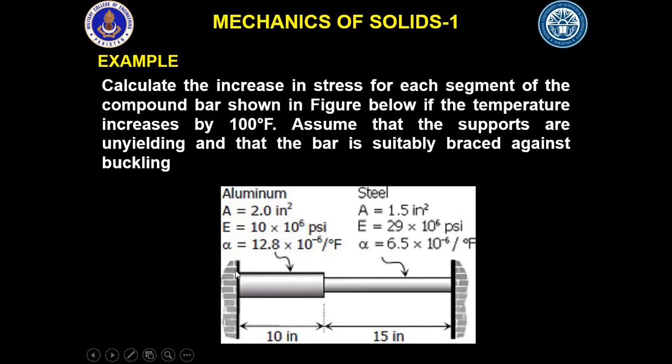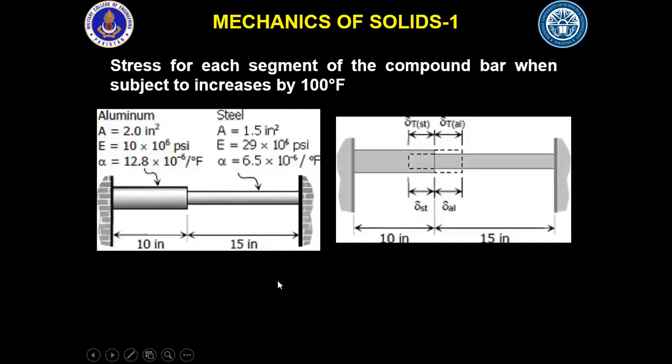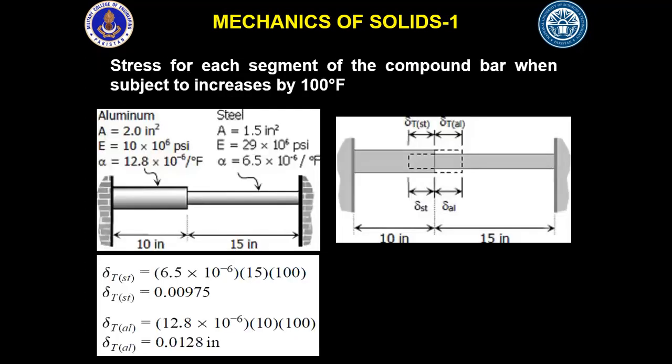We just don't want to consider whether these supports would yield or not. We also don't want to discuss whether, if they are not yielding, this rod might probably buckle. So we are not considering that either. We are just wanting to know how much stress is going to be induced on both these sides. Now, towards the solution, because this rod is expanding because of the increase in temperature, similarly this rod is also expanding, so both of these are trying to push each other away, you see.